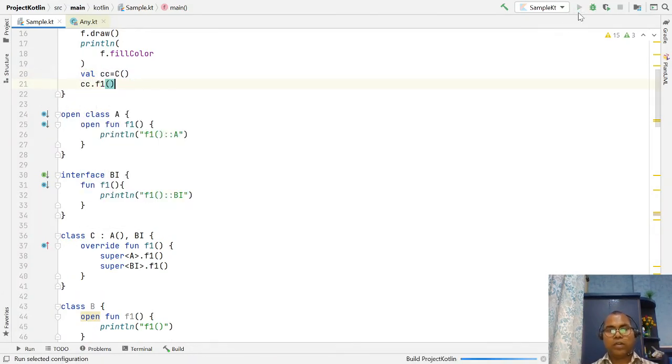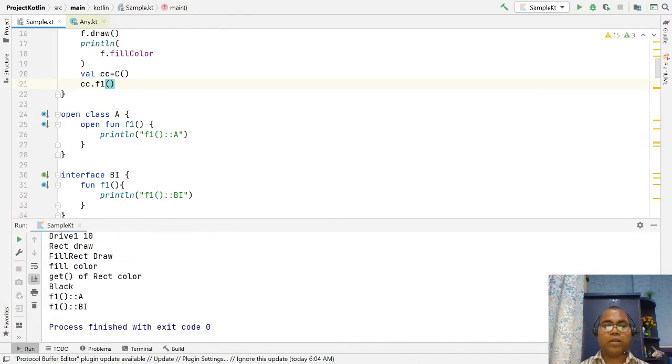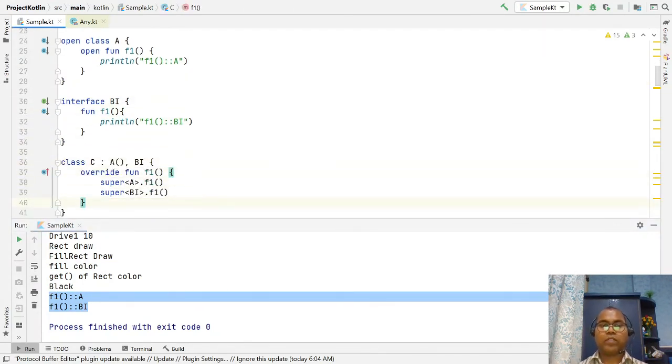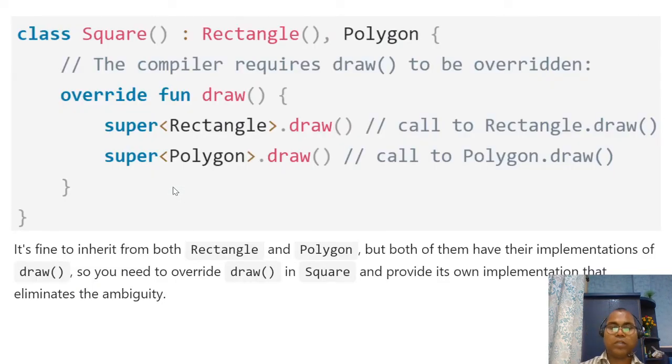In this way, Kotlin can solve this ambiguity problem: which function is it going to invoke? While using the super function, please specify your types, which class definition you want to invoke. This is one kind of rule.